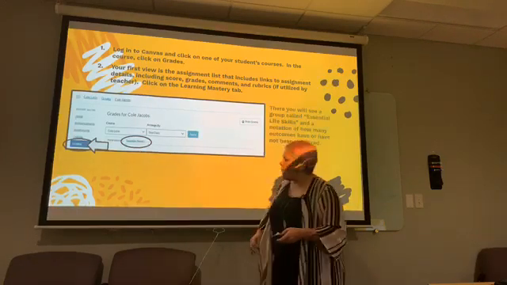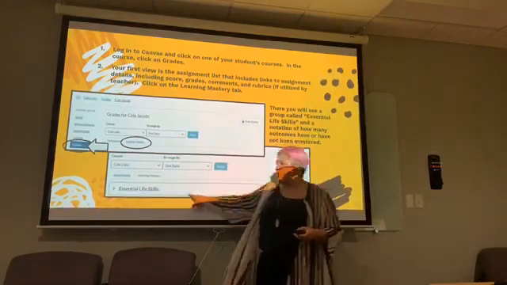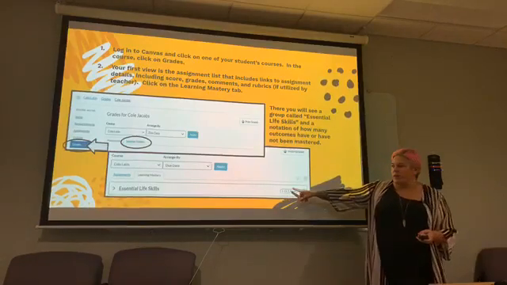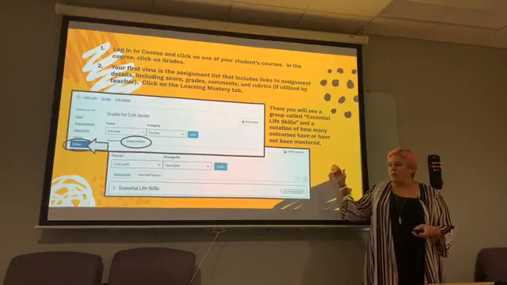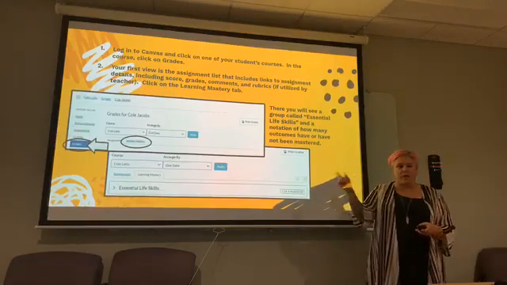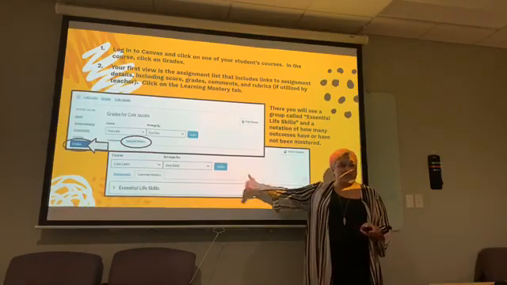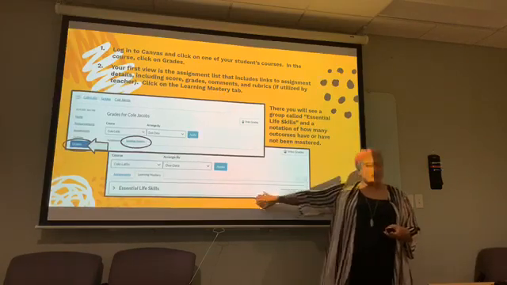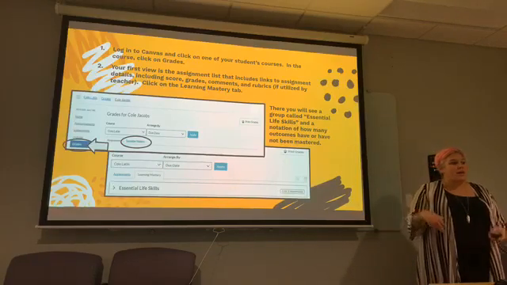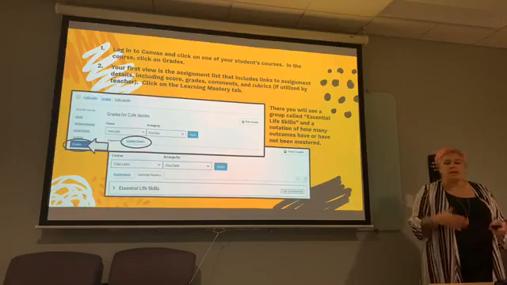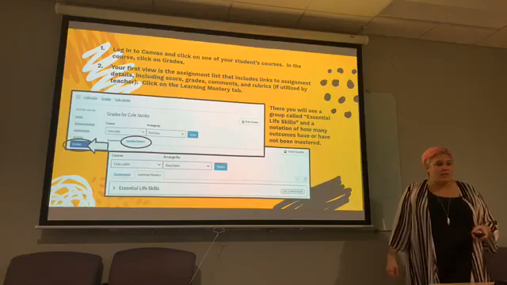And so under that tab, you will see a bar either called grades 6 through 12 or essential life skills, depending on if they've changed the name or not. When they downloaded the outcomes from us, it was called grades 6 through 12. Some teachers went in because they wanted to make it more understandable, and changed the name to essential life skills. So some might have it in their course, some might not yet. We're not to the end of the quarter yet, and the expectation is by the end of each quarter, they're providing feedback.